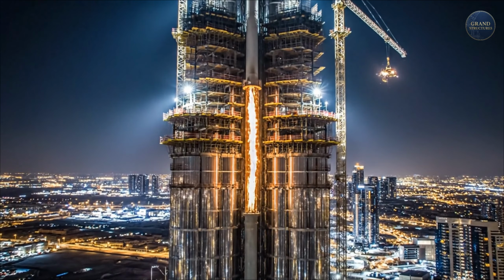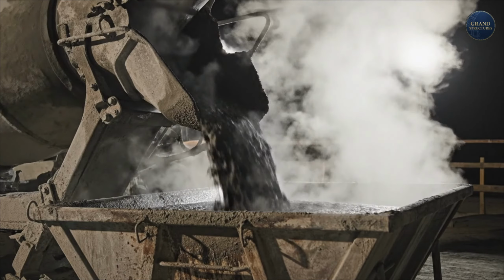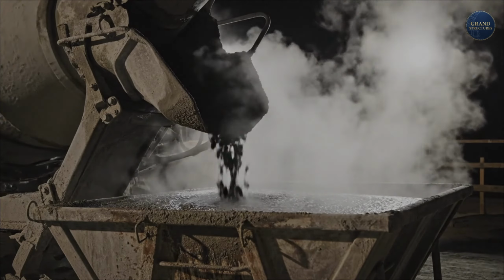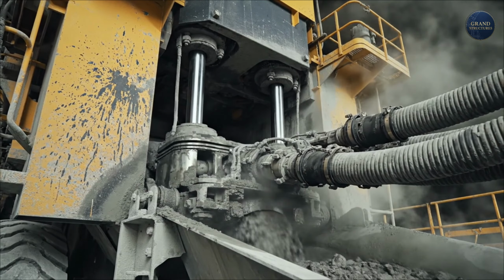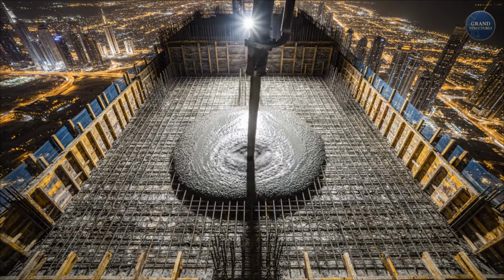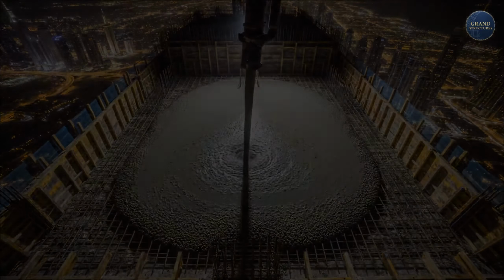The Burj Khalifa is more than just a structure. It's a self-contained city. It holds residences, hotels, and corporate offices. Keeping its 10,000 occupants comfortable in the desert heat requires a colossal cooling system. The air conditioning is so powerful that it creates a huge amount of condensation. This water is collected and used to irrigate the surrounding parks, about 15 million gallons a year, enough to fill